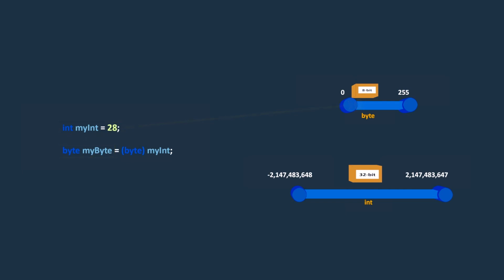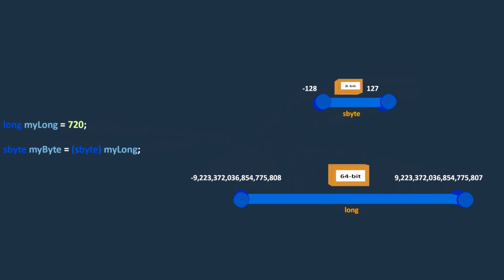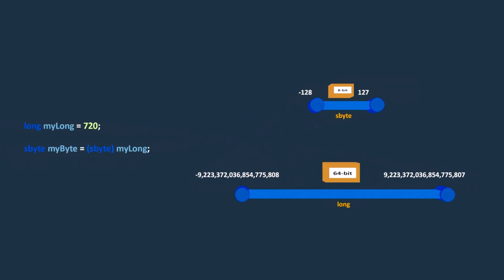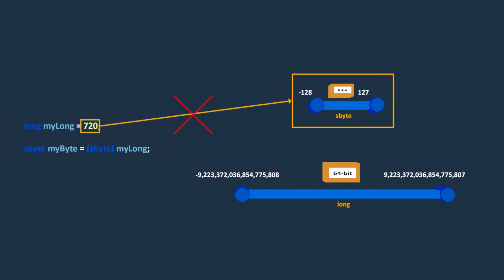But note that this type of casting may result in data loss if the value being cast is outside the range of the target type. For example, here, the value of myLong is outside the range of a byte. So, the value is truncated to fit within the range of a byte.